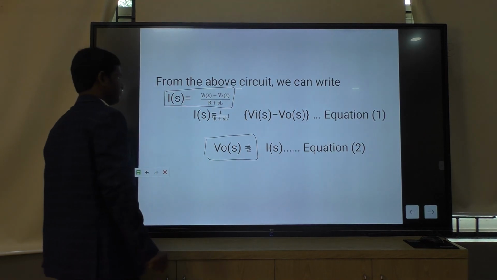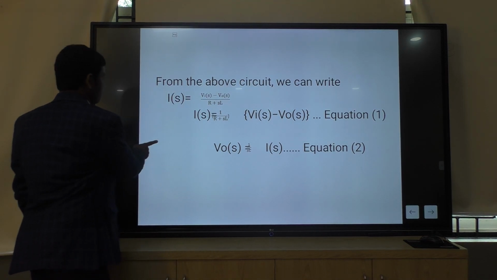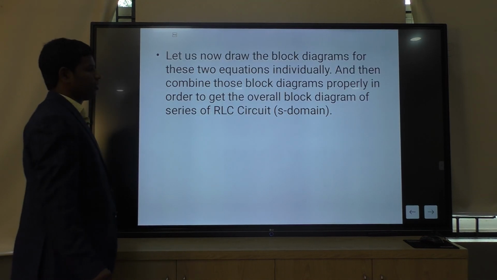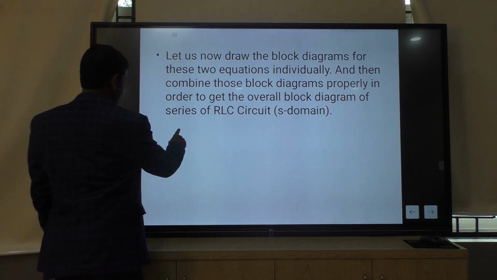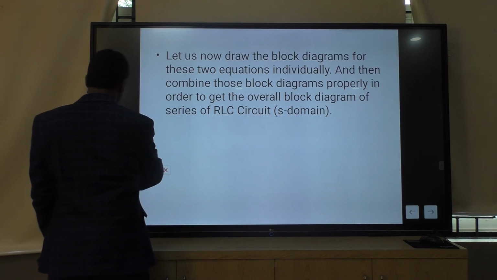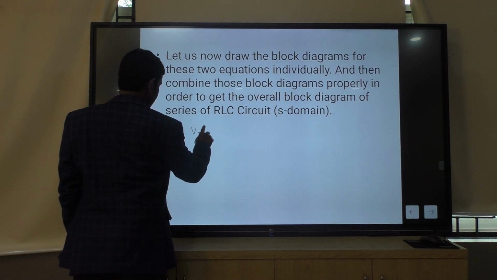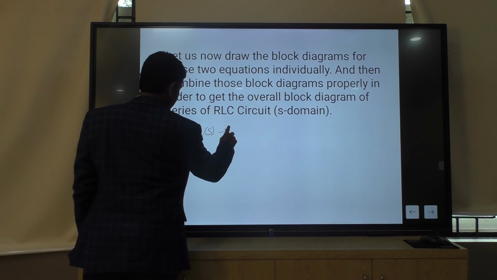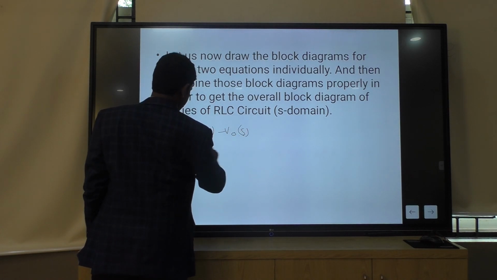Using this current equation and voltage equation, let us now draw the block diagram for these two equations. What is the first equation? The first equation here is V_i(s) minus V_0(s) by